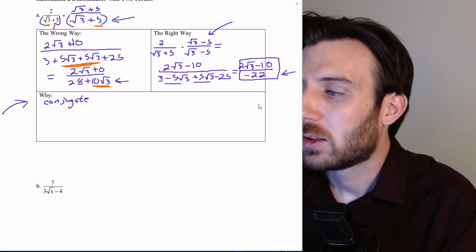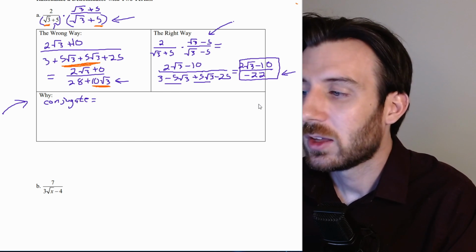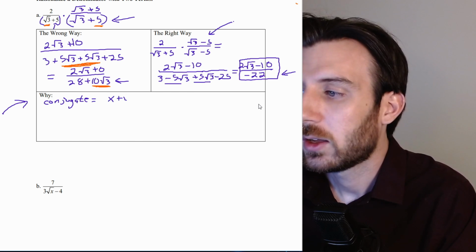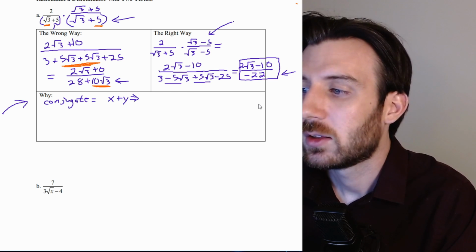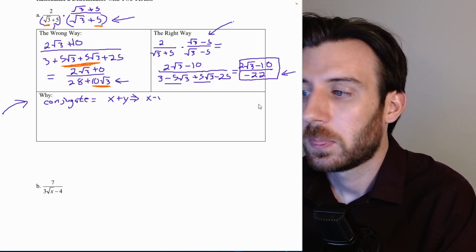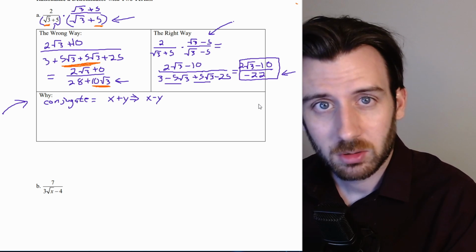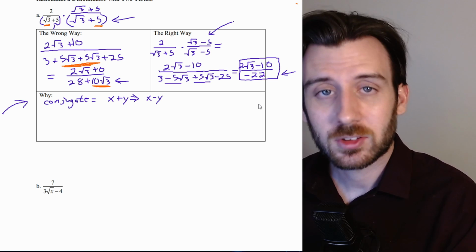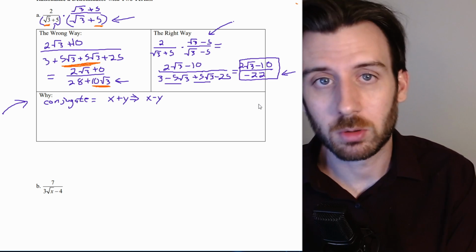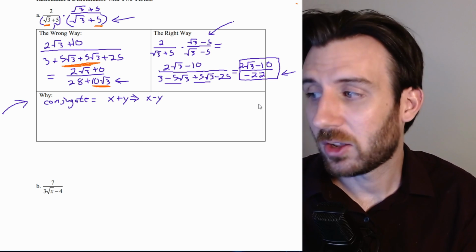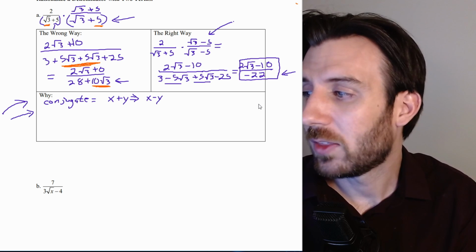And the conjugate can be thought of as just simply, if I have x plus y, then the conjugate gets me x minus y. So it's switching the sign of that second term. So we're multiplying by the conjugate, and that's going to be the words that I use as we're going through and practicing things. So pause the video a moment here, write yourself why this works, and give yourself